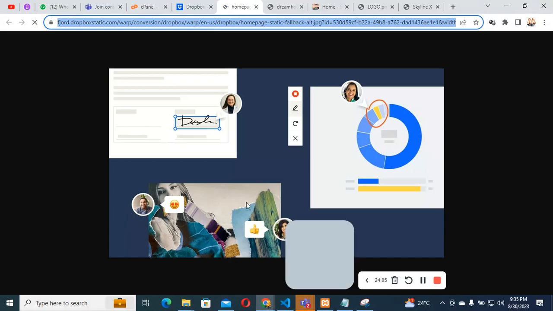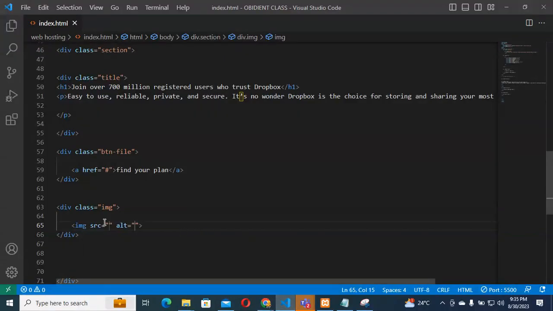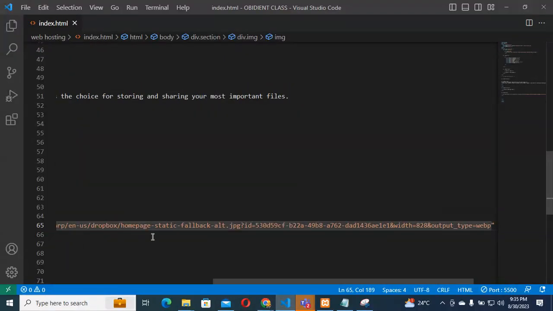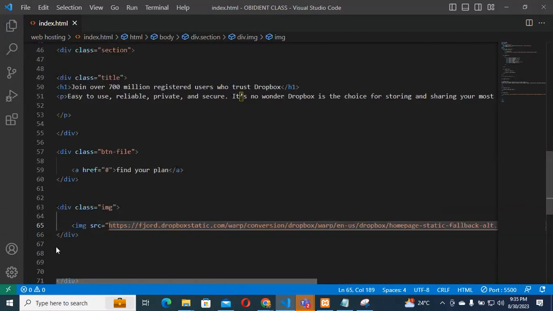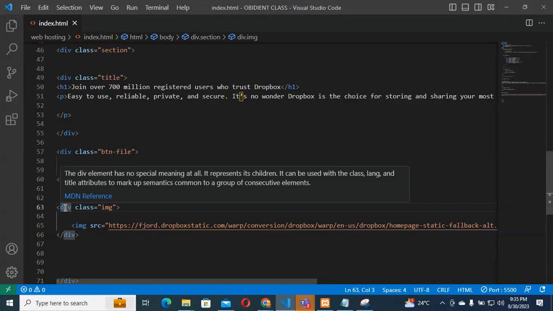I copy this link, this long link. Let's see here. All right, so that's the image. So the next one I'm going to be looking at, the next I'm going to be working on is